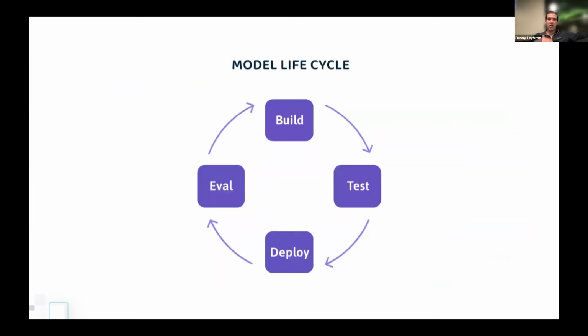Now, we've constructed our own similar diagram for the model lifecycle, for what it takes for a machine learning model to be continuously integrated and deployed. First you start off by building your model, and then you want to test your model, you deploy your model, and you evaluate your model. And in order to successfully get a model into production and keep it in production and keep it performant, you need to be able to get observability throughout the entire process. And in order to evaluate the performance of your model, you need observability.